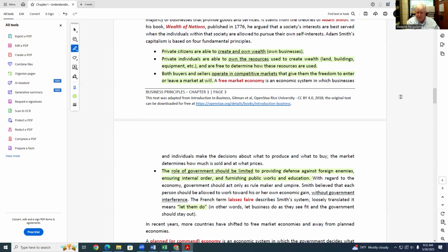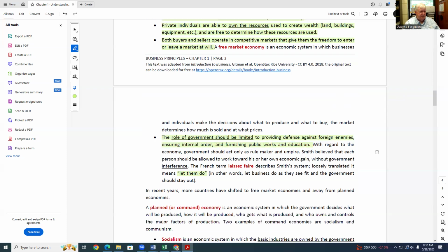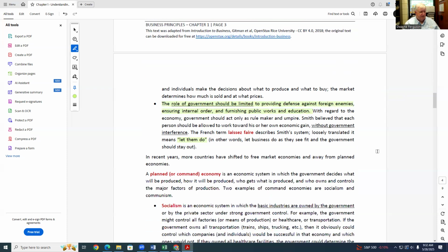If you do well, you stay in business. You maybe run the other guy out of business, or have a better market share than they have. If you don't do well, you go out of business. So that's the free market economy. And then the government should not be involved more than they have to. Now, many people would tell you that the government is too involved in business in the United States,